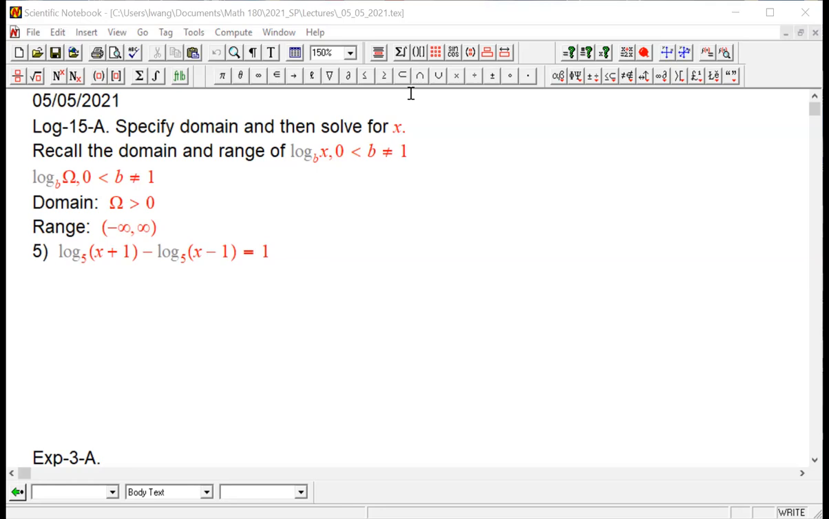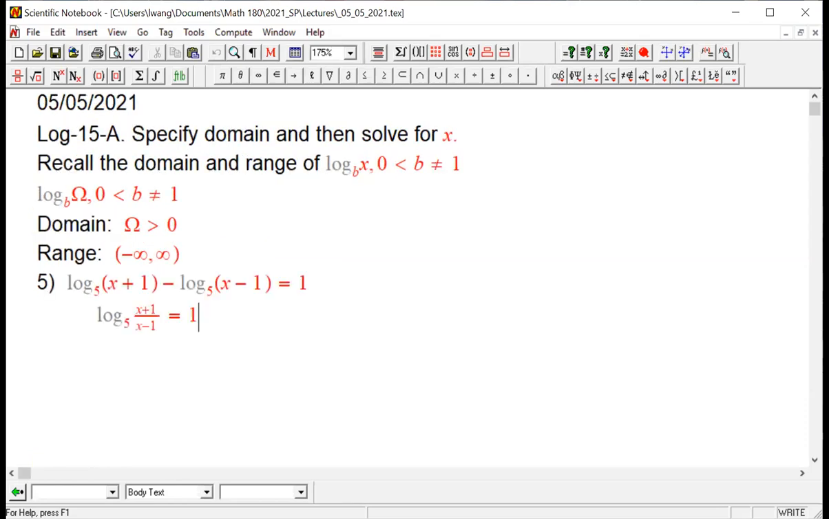Chat, quotient rule, very good. Okay, you're right. So we would apply the quotient rule. And then we got x plus 1 divided by x minus 1. On the other side is equal to 1. Okay, so let me make the fonts a little bit larger so you can see the subtraction sign. And then what do we do? Then we can use the definition. Okay, by definition,